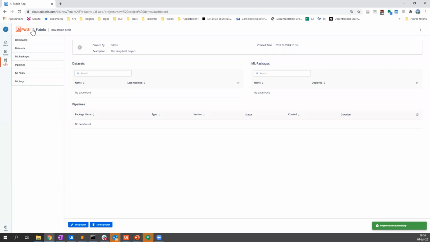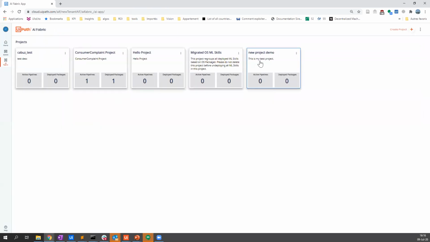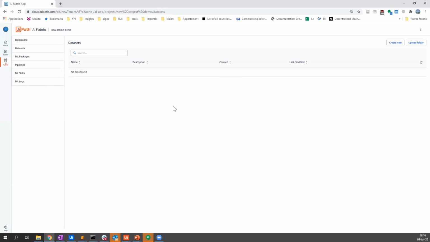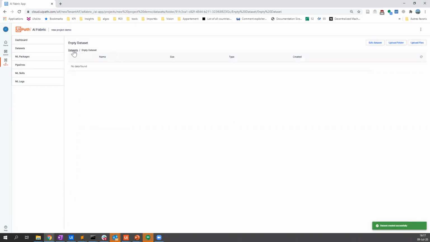Now you are in a new project. You're already inside it, but you can of course go back here and you will see it here. And the other thing that I didn't show you yet is the data set and how to add data. So I showed you one way to add data, which is using the upload file activity. The other way to do it is just to come here and say, I want to create a new data set, so I can add an empty data set. So now I have an empty data set with a typo here.